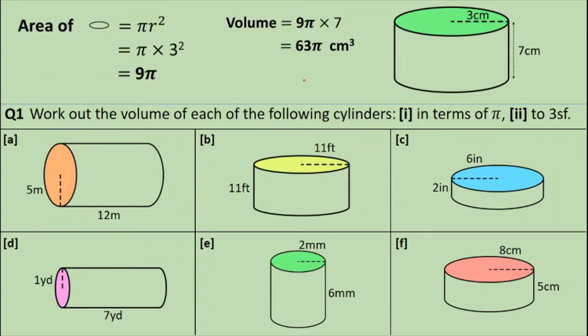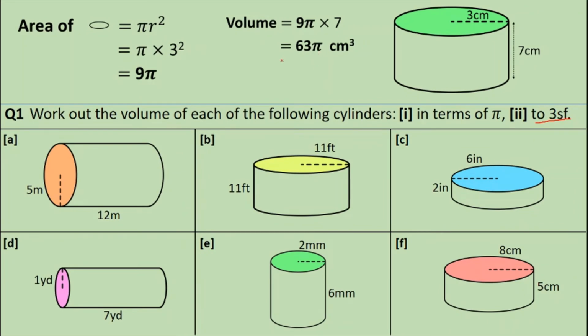I have included the answer at the top of that example there, and I'd like you to have a go at finding the volume of each of the cylinders below. Firstly, I'd like them in terms of pi, just as we did in the previous example, and second, to 3 significant figures. Now, we covered this in the starter, but just in case you don't remember,